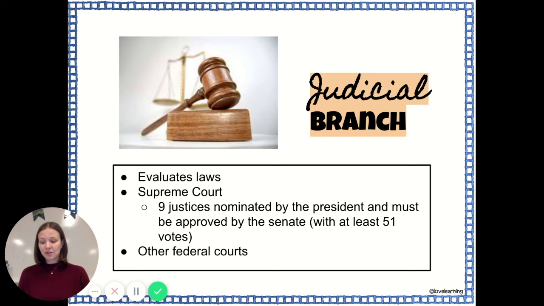So, in the judicial branch, this is where laws are made by the legislative branch and carried out by the executive branch, but the judicial branch evaluates these laws to make sure that they are being followed, they're constitutional, and they can hand out punishment for laws that aren't being followed. The Supreme Court is where people can come with questions like, is this law really constitutional? A lot of laws have been overturned in the Supreme Court for not being constitutional, and there have been a lot of court cases that set precedent for future cases.